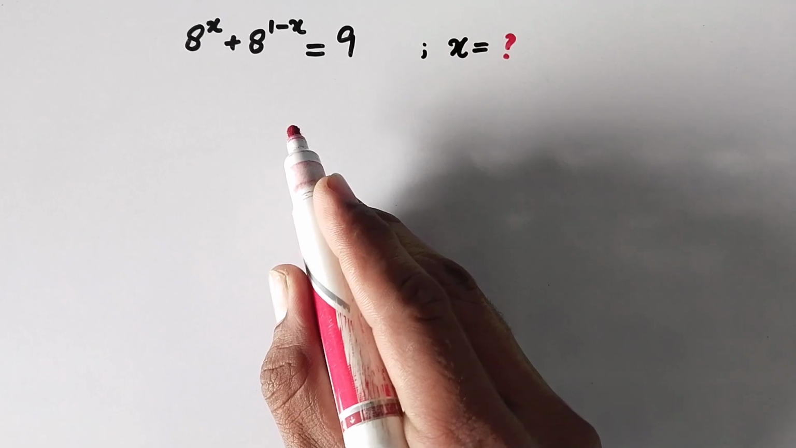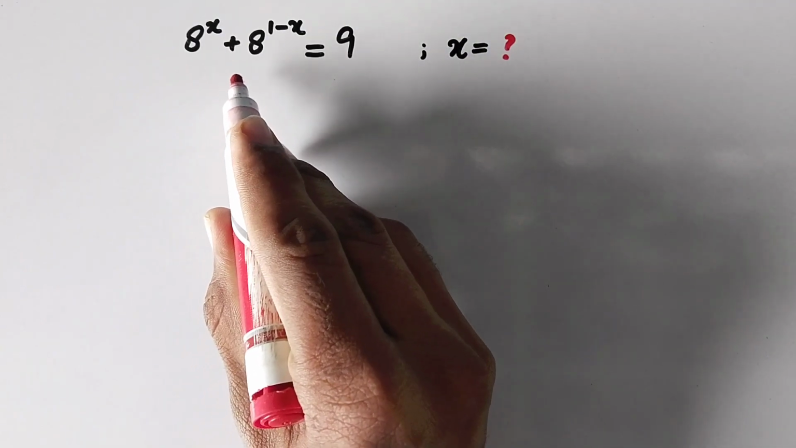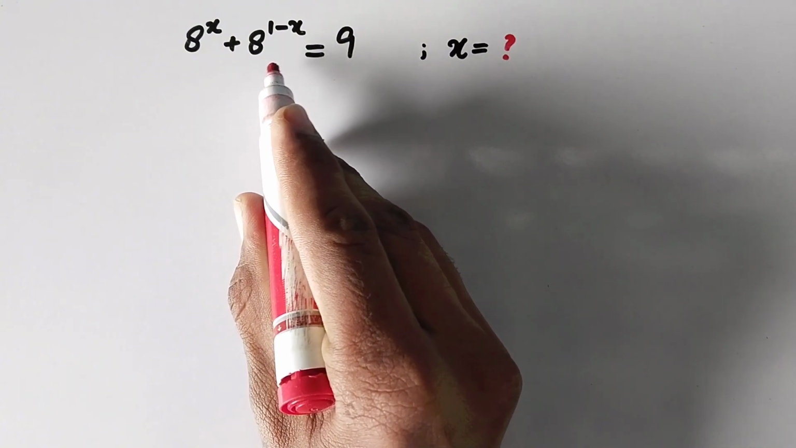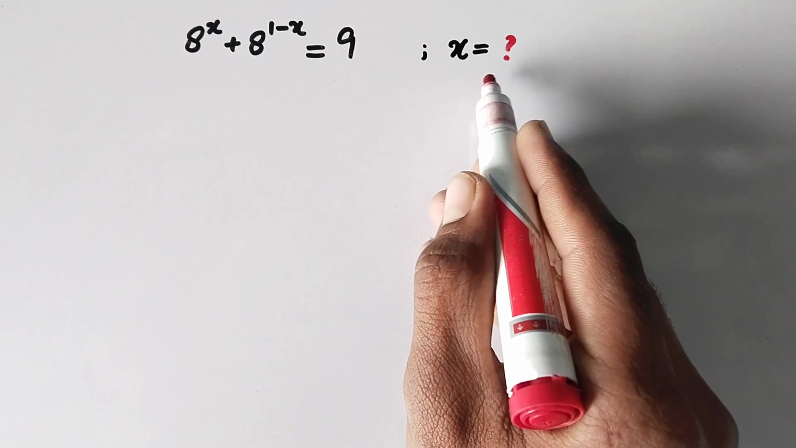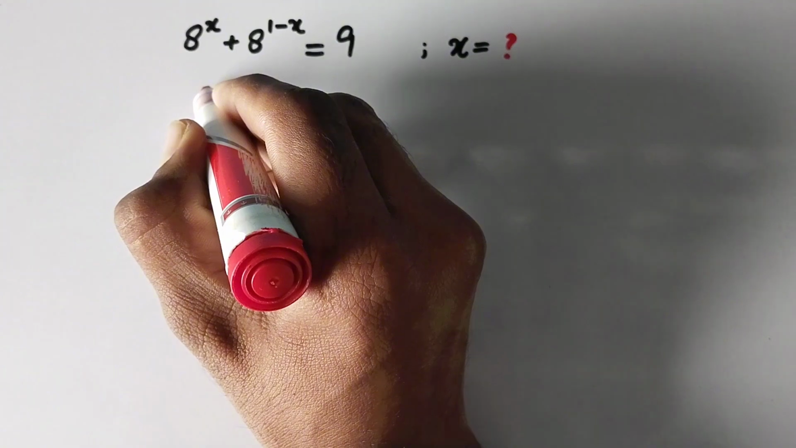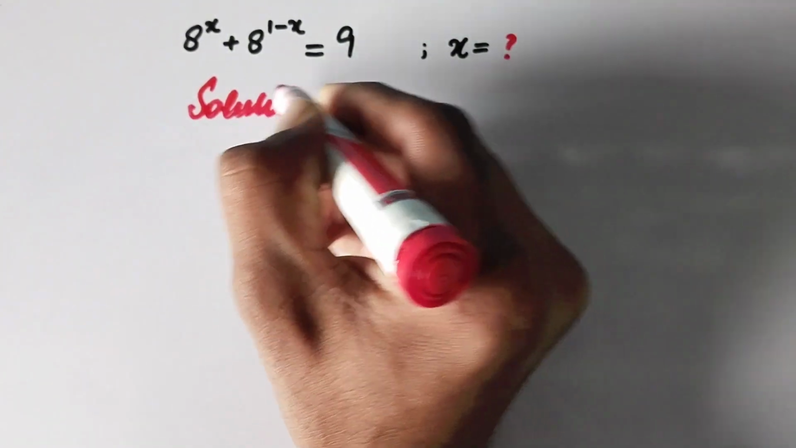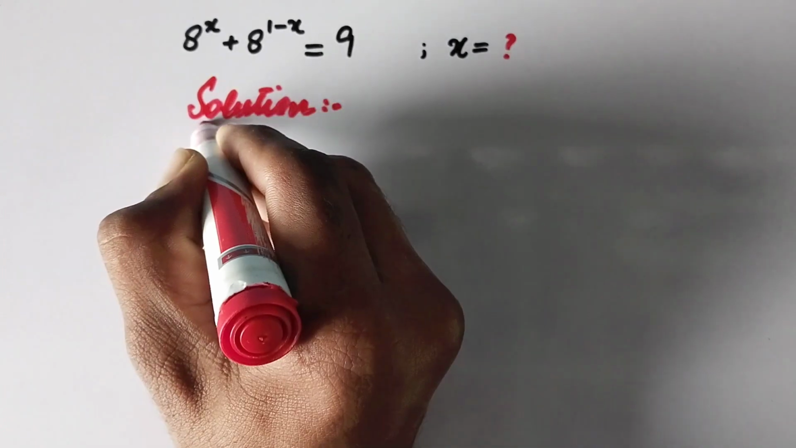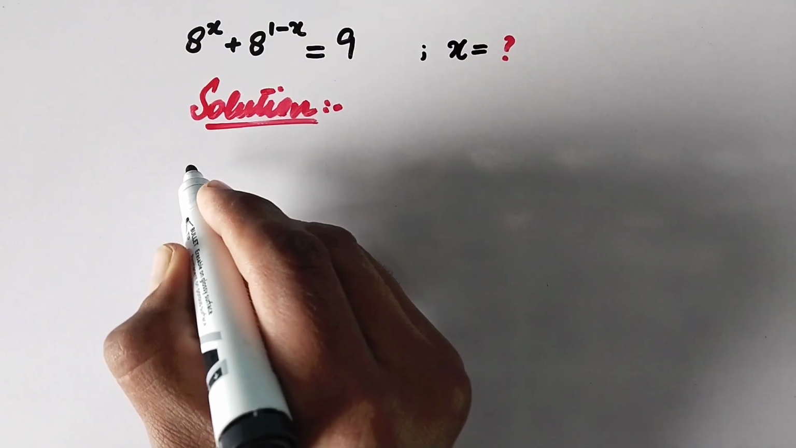Today we are going to solve a very nice exponential problem: 8 to power x plus 8 to power 1 minus x is equal to 9, and we have to find the value of x. So let us see its step-by-step solution. So here in first step we will write